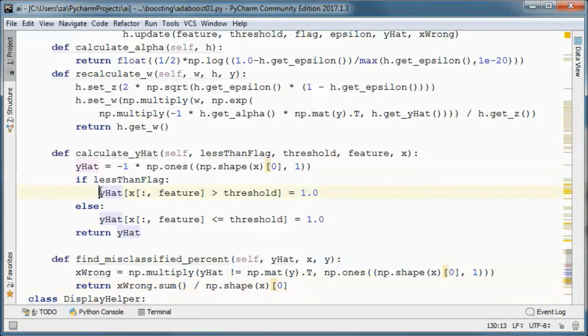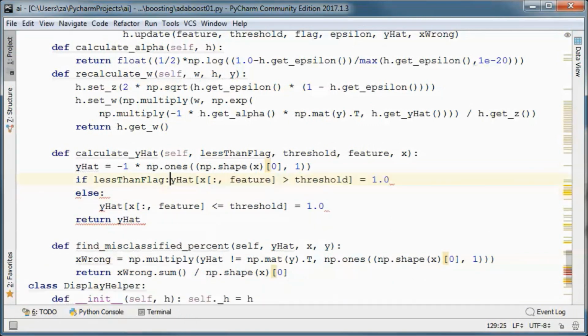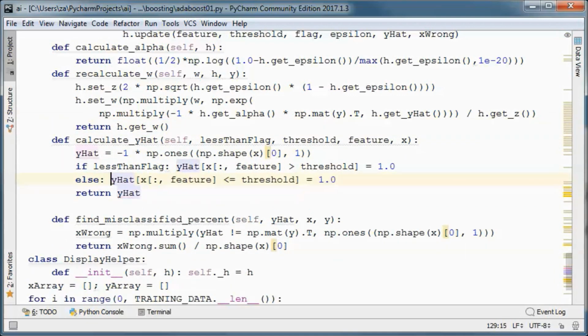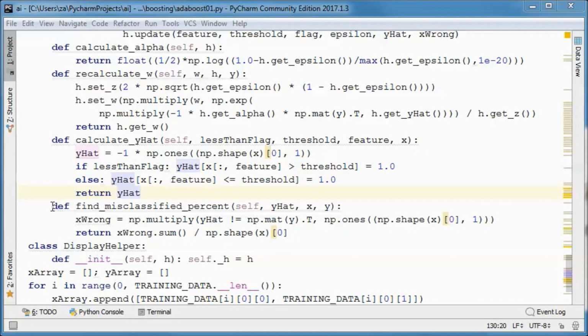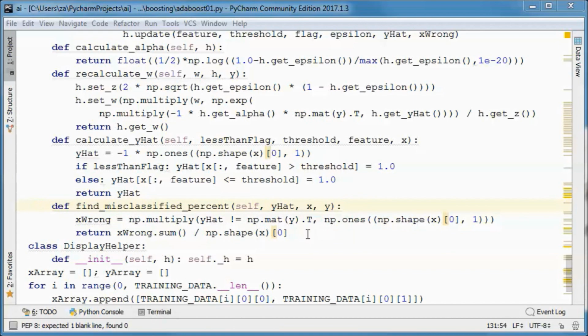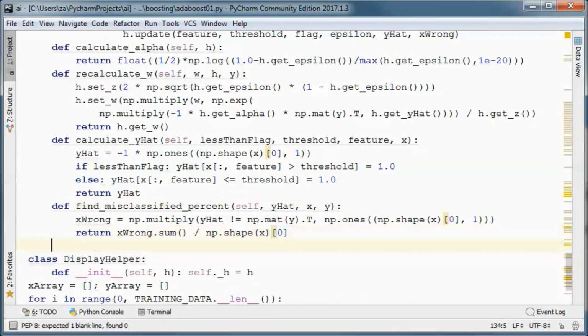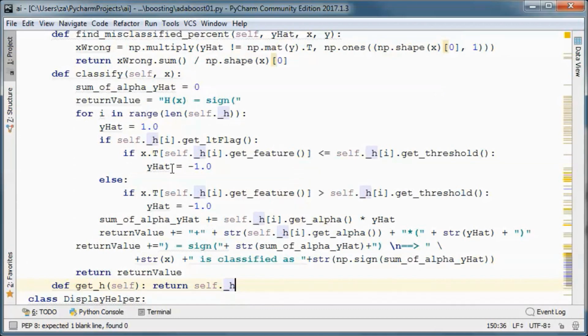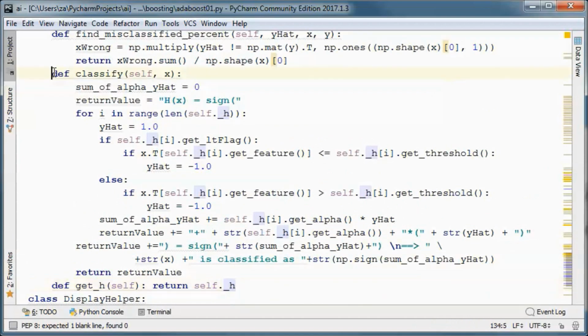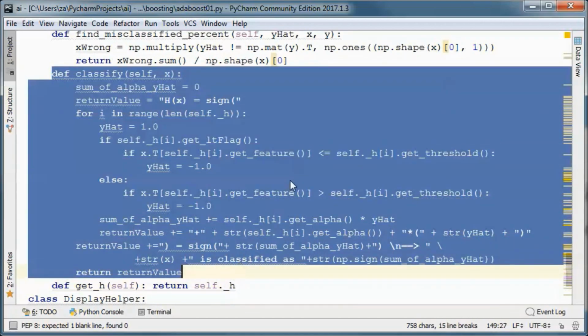This one to calculate y hat and this one to find the misclassified percentage. And what remains are two methods, a get one for h and the classify method that does the classification.